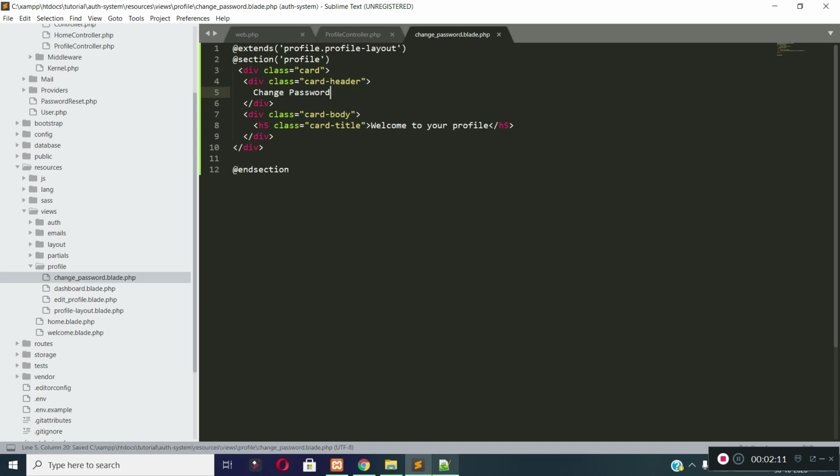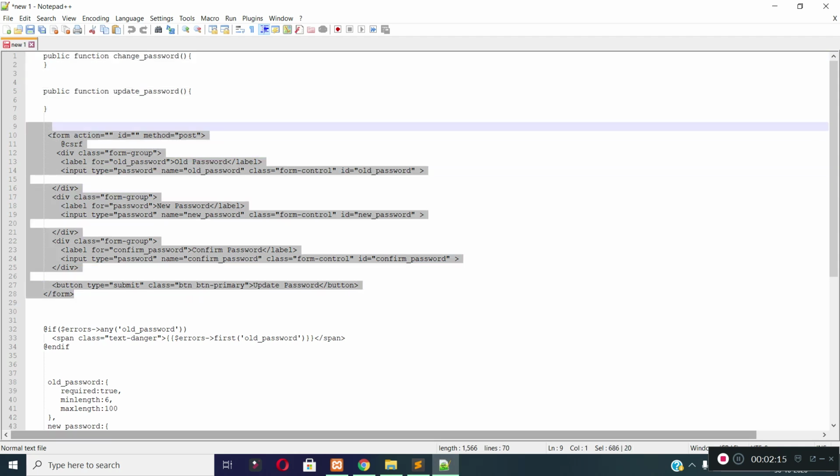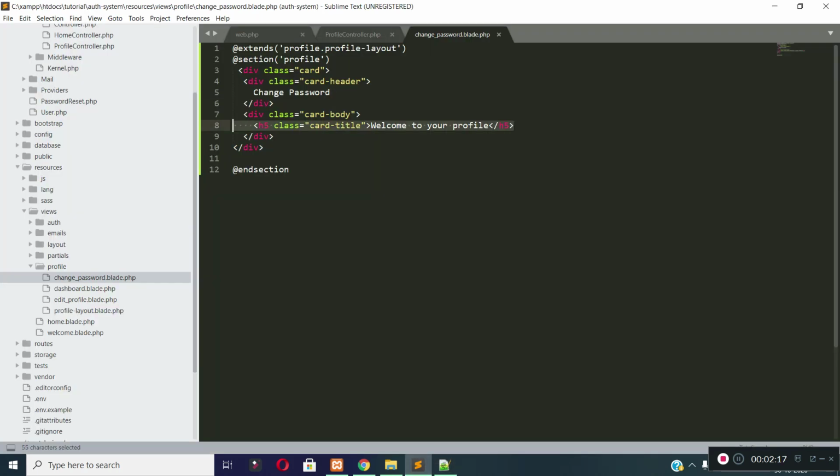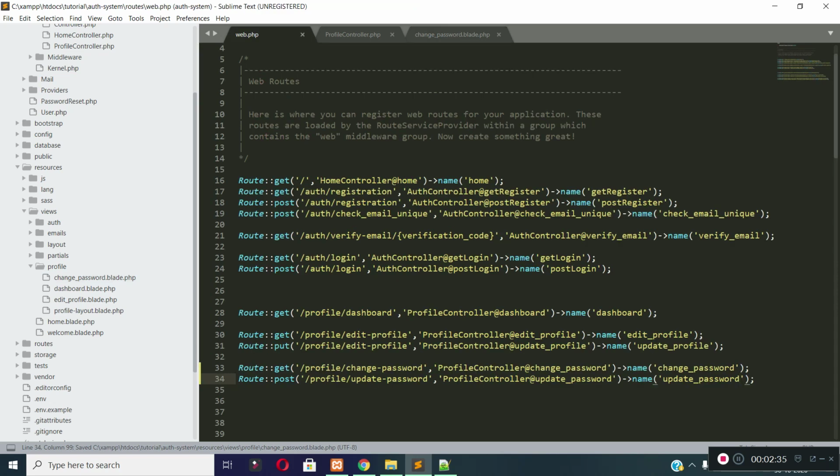Now let's add some HTML codes for our change password form. Our change password form will have old password, new password and confirm password input fields. Let's give the action URL to this form. The route name for our change password action URL is update_password.